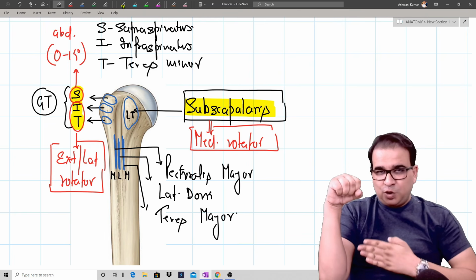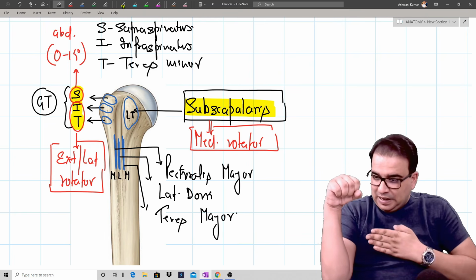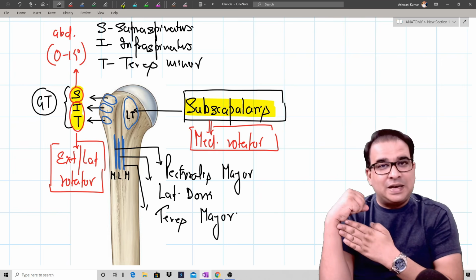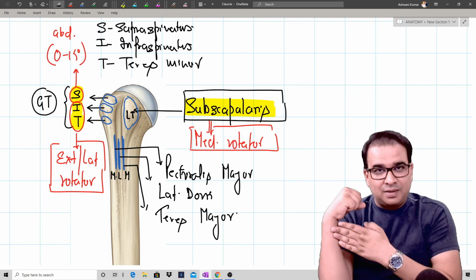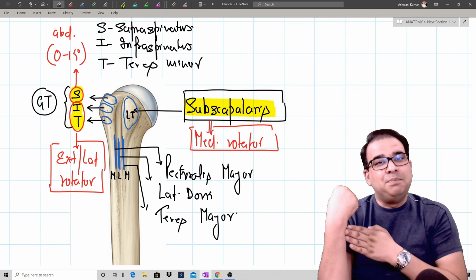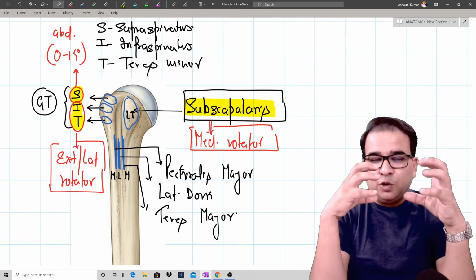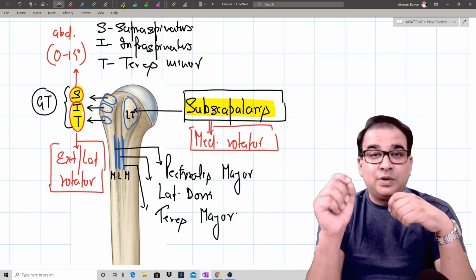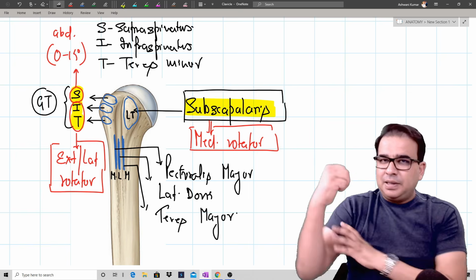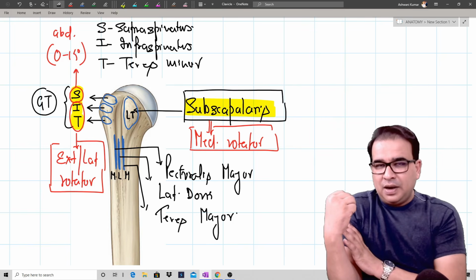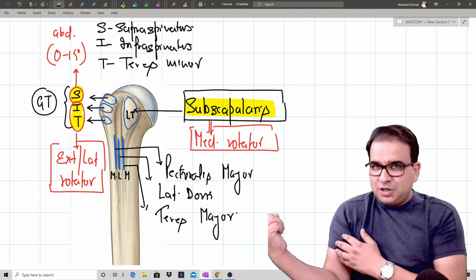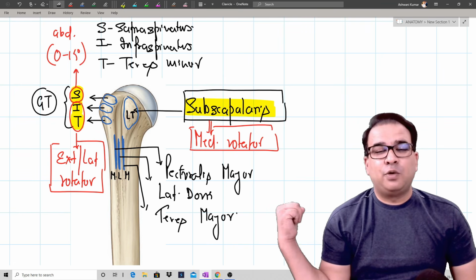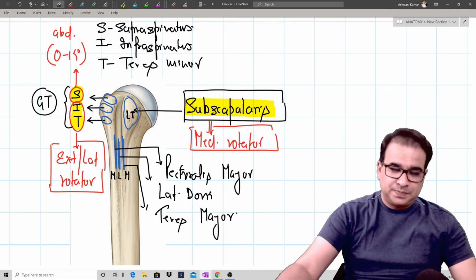Teres major muscle, which is originating from below, is not going behind. It is coming in front of the humerus and attached to the medial lip of bicipital groove. So it is coming in front. So that muscle is for what? Medial rotation. So although the muscle origin is more or less the same, one above, one below, both from the lateral border, they are antagonistic muscles. Both are doing adduction. They both help in the adduction at the shoulder joint. But apart from adduction, teres major is for medial rotation, and teres minor is for lateral rotation at the shoulder joint.